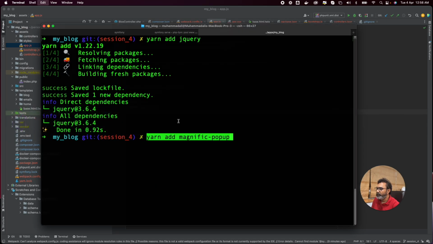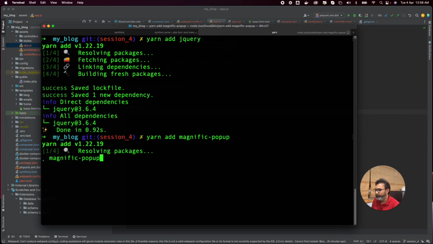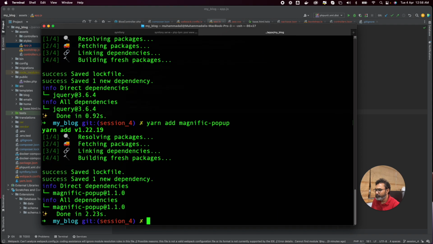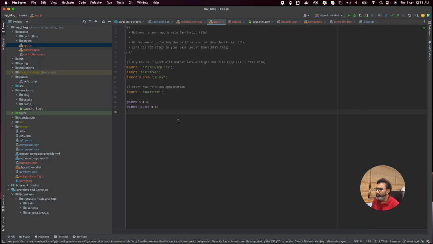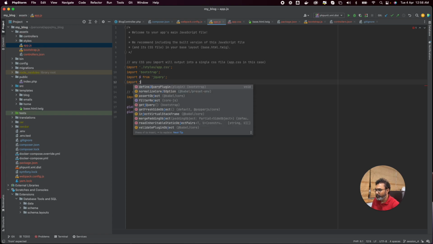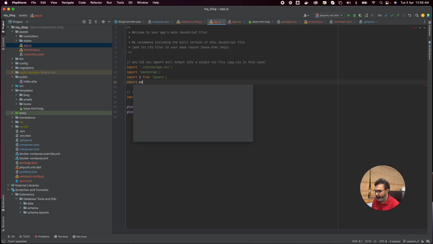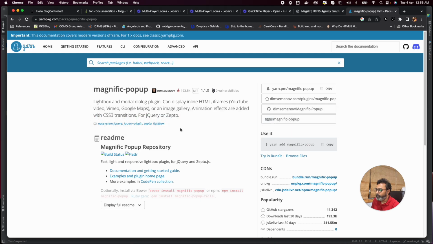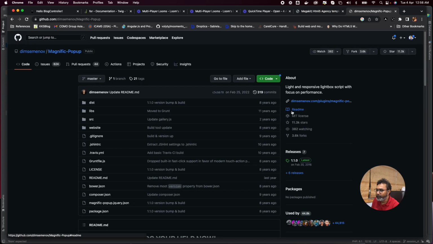Once again, this also you can install. If you simply import that also, you can just give the name. If you go to GitHub, Magnific Popup,